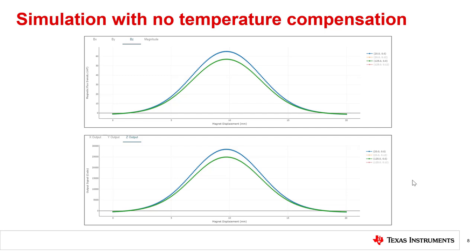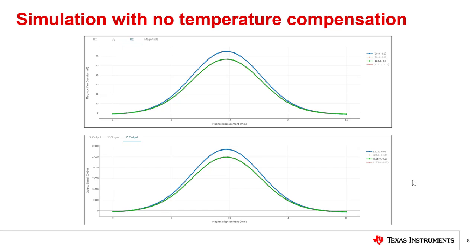In a system, if the magnetic position sensors are not compensated as needed, then the output voltage will decrease as temperature increases due to the decrease in remanence of the magnet. Without sensitivity compensation, the magnet would then need to be moved closer to the sensor to get the same output voltage. In these simulation results, I have run a slide-by simulation with a neodymium magnet at two different temperatures.